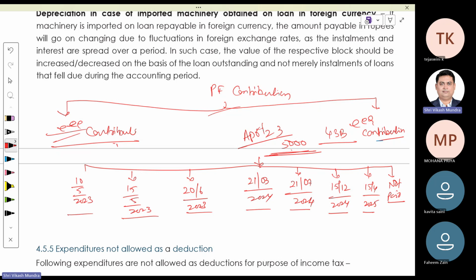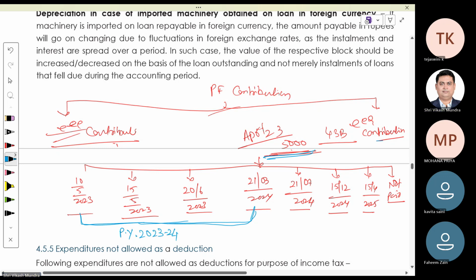If it is paid within the previous year, even though within the due date or after the due date, that means if this 5,000 has been paid by us within the previous year itself, even though it is after the due date or within the due date, we shall get the deduction in the same previous year. That means if we made the payment up to this date, that means the payment has been made within the previous year, we shall be eligible to get a deduction on account of this payment made by us within the previous year